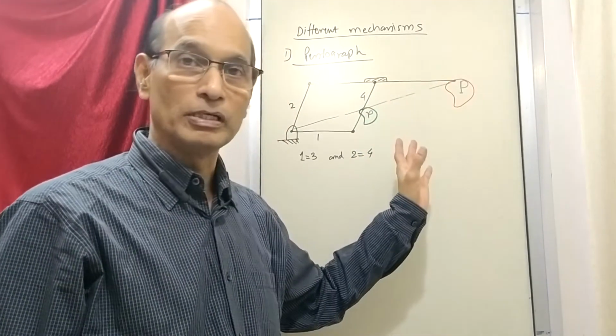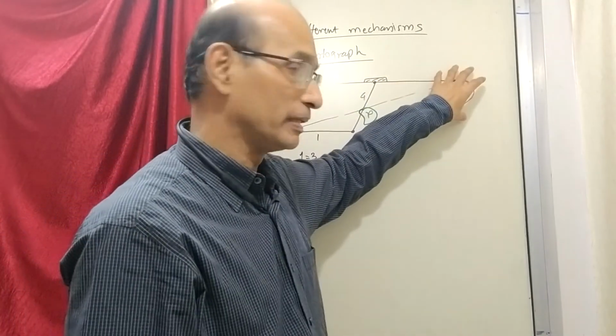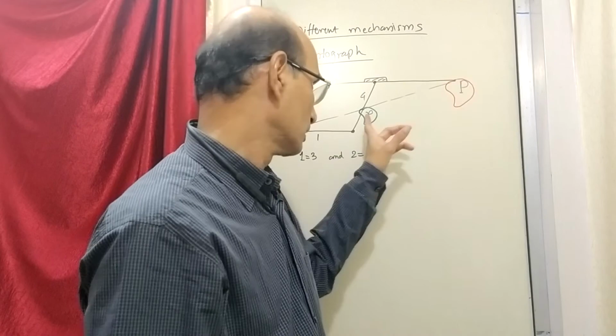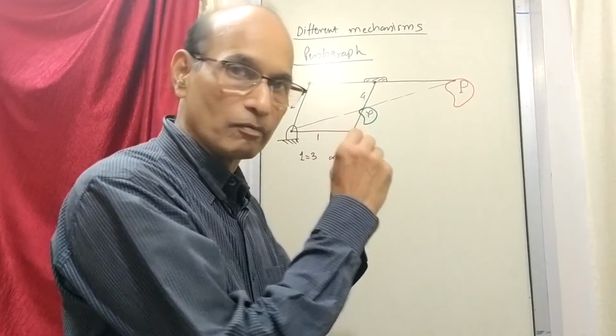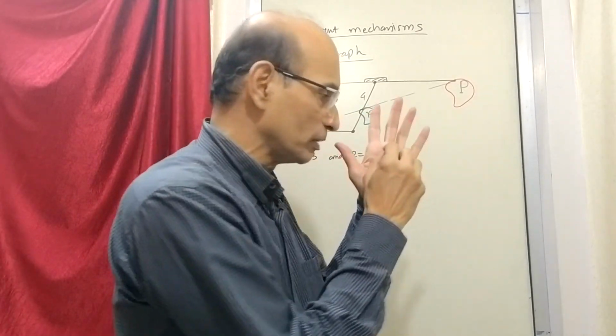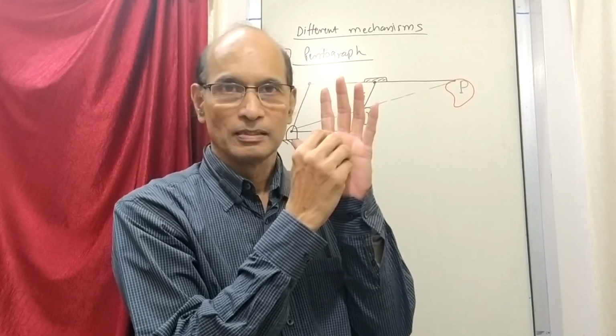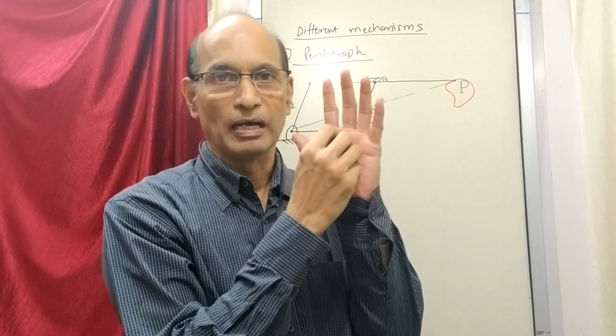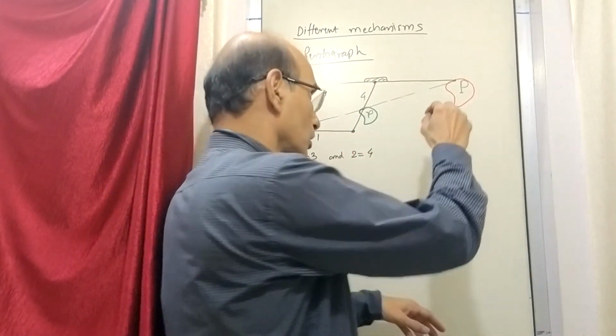It works the other way also. That means the template is here and the cutter is here, and the cutter is cutting very small parts. Suppose you want to cut something of a very small size. Controlling the small size becomes difficult. So what is done is, you control this end